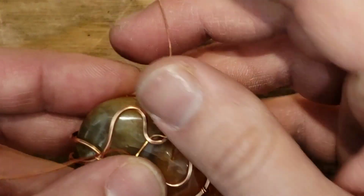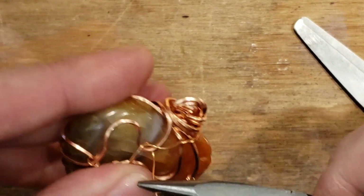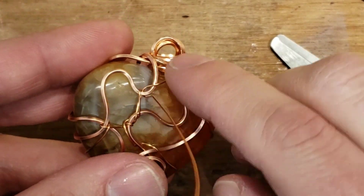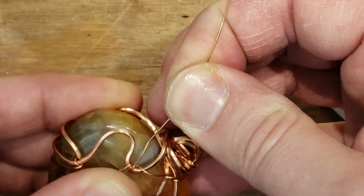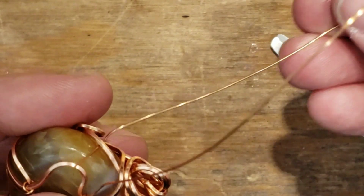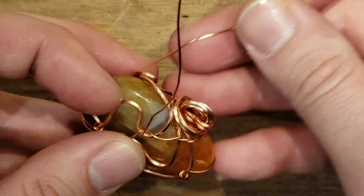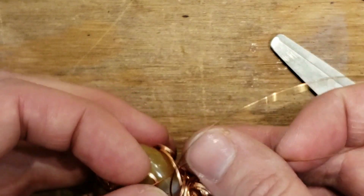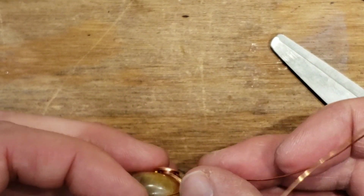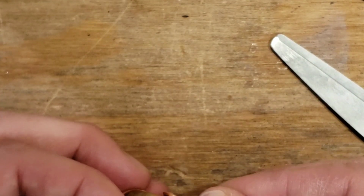All right, we're working our way around. Come under here. That's kind of a double thread. That would look messy, but I think we covered it up enough that it doesn't show. And we'll come right to there and grab this one. You know what? Let's do a double. Let's get under here and try to get under here. It's a little tricky. We've got to bend the wire to get it in there, but let's try to do all that in one motion so we don't...